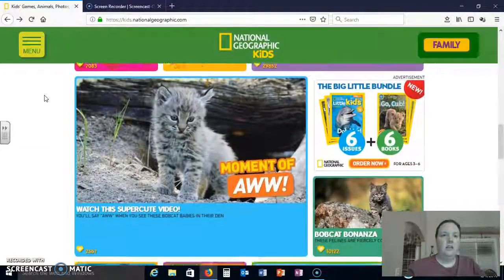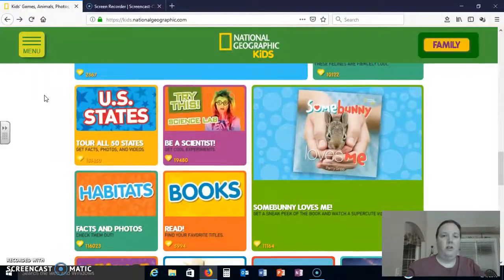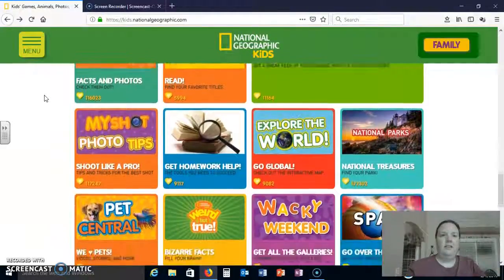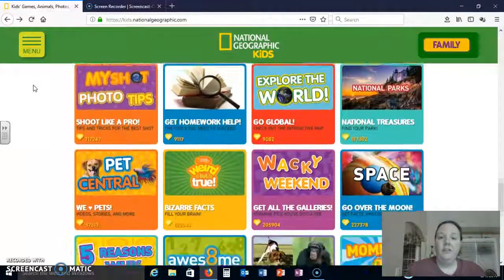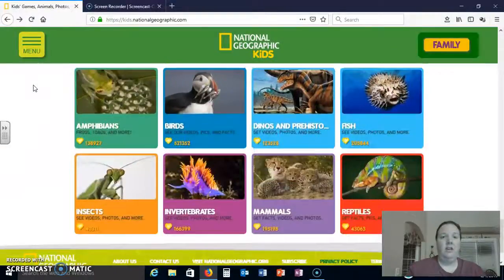And the other thing that I wanted to point out with this website is that, within the Georgia Science Standards, there are 3 main categories: life science, earth space science, and then physical science. National Geographic Kids really has a ton of information to support earth space science and life science. And the first thing I'm going to show you is down here. We don't even have to go into any of these tabs,